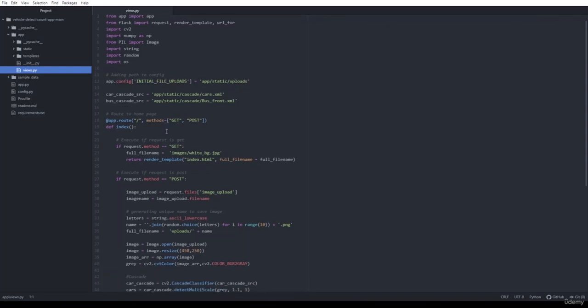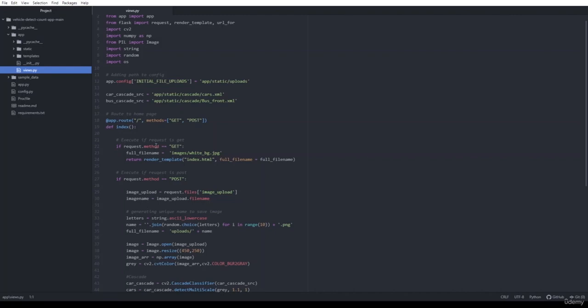An app runs through two different methods here, that is GET and POST. Whenever the app is started, it will go into GET. GET will be fetched, and it will show us the home page of our application.